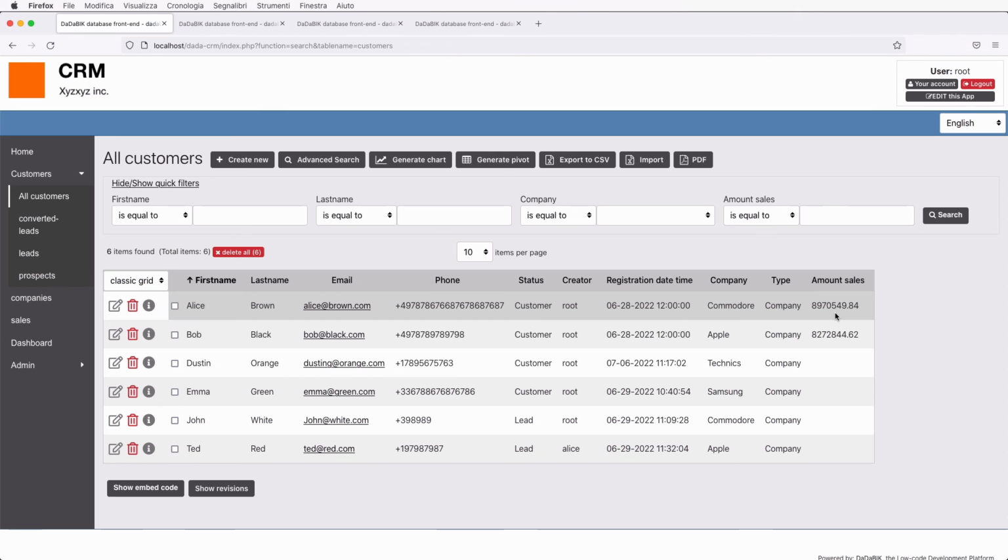Even in this case, it's a custom PHP function, so you can add your own code that overrides the default formatting Databeak would have used for that content. The example I propose here is the following. We take the value we created before, amount sales, and we display it using a different color according to its value. Let's see the code.